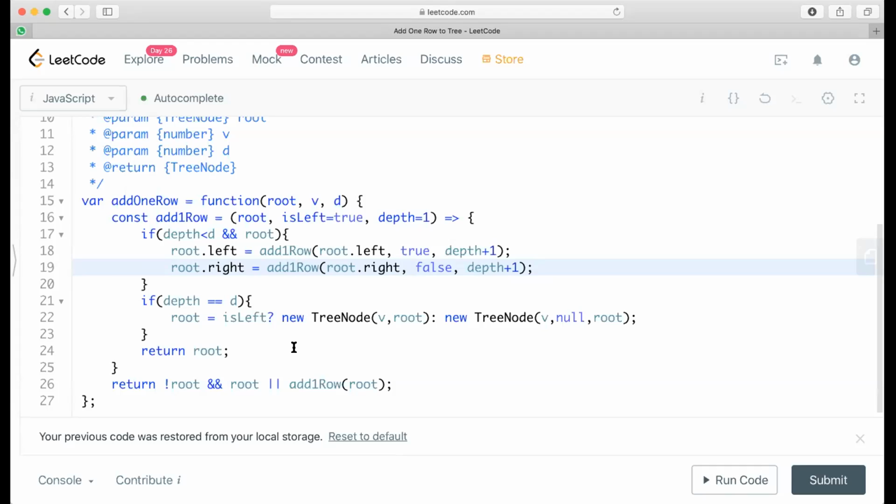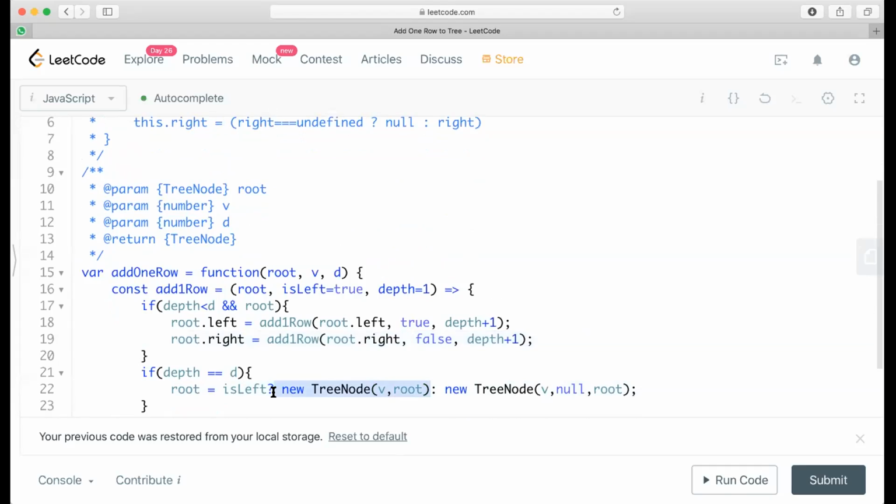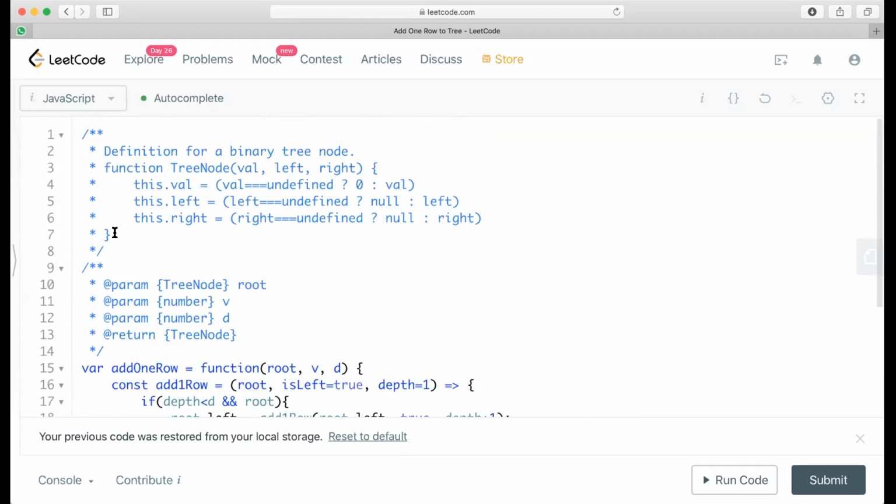The worst case complexity would be O of n, right? This new TreeNode with root, is that a constructor to create a node? Yes, they have given this constructor over here, so this is the constructor I am using.